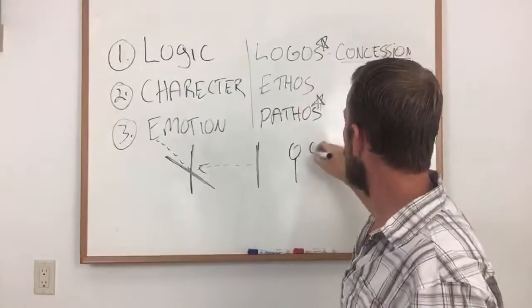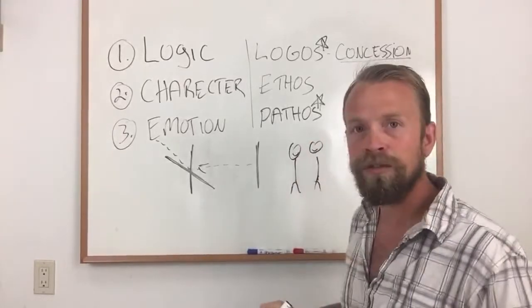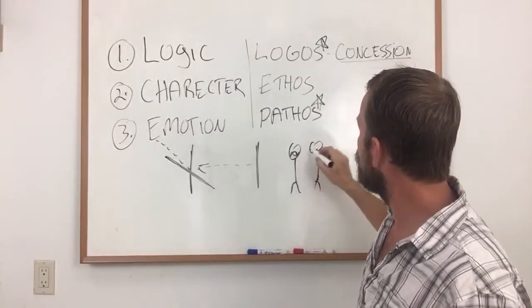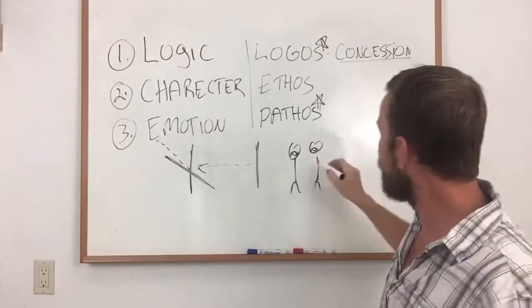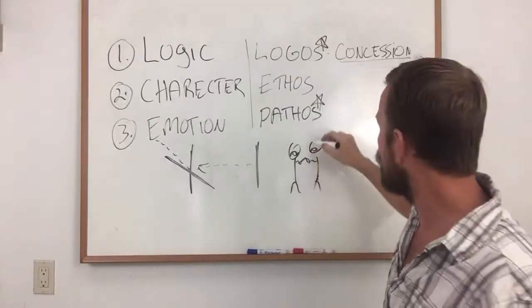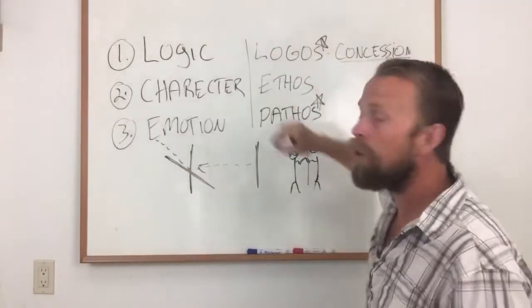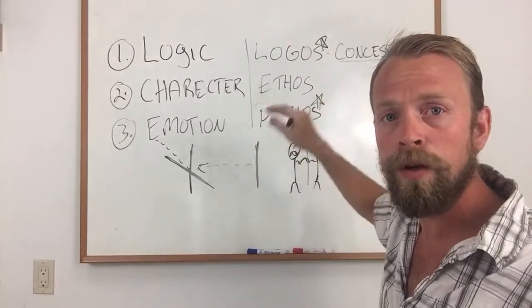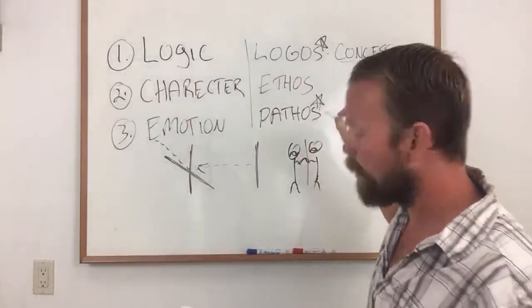So if you have two people and they're standing here and they're talking, if one person is smiling, the other person should smile. If one person has a sad face on, the other should have the sad face on. And what we're doing is we're creating rapport between the two of them. And if you break that, suddenly they're not going to be as receptive. And remember, the whole point of all this is to create agreeability inside of the other party so we can influence, persuade, and so creating emotion.